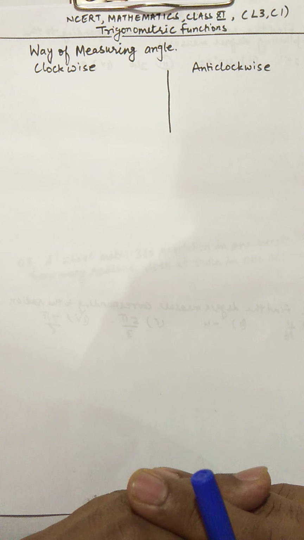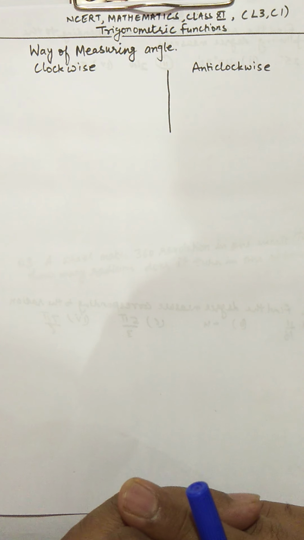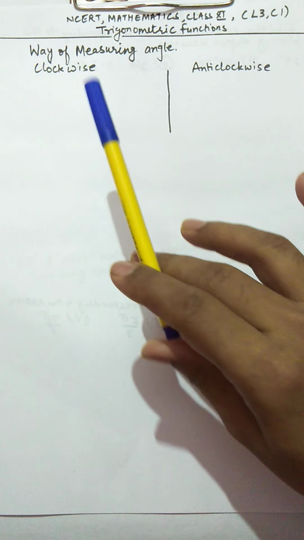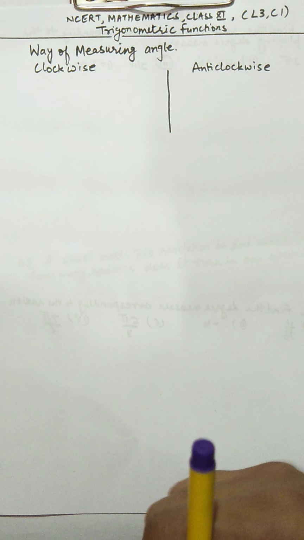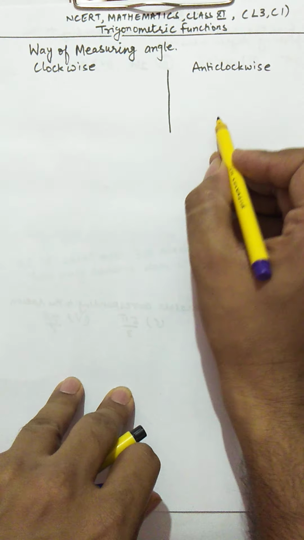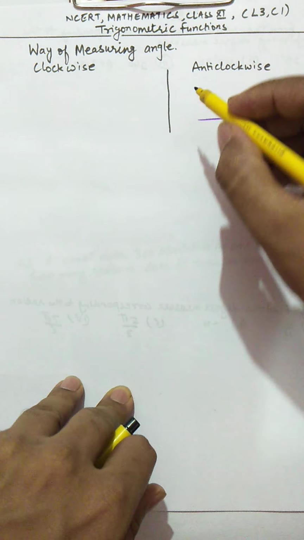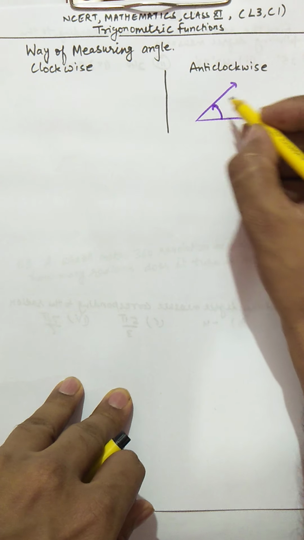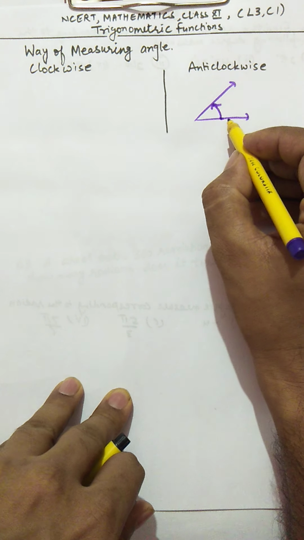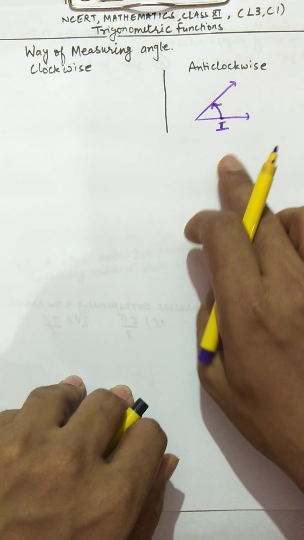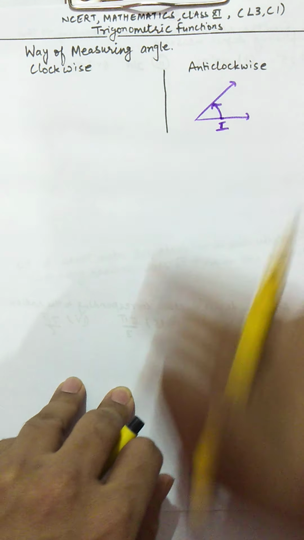But the understanding and the explanation will be different, as this is class 11th, and you have to attach altogether different meanings. So first we start from the basic thing, the way of measuring angles. Till class 10th you were measuring angles only in the anti-clockwise direction. Anti-clockwise direction means if this is the baseline and this is the angle that is formed, you were measuring the angle starting from this point on the baseline. I'm saying this is I, so I is the initial point from where you are measuring the angle.